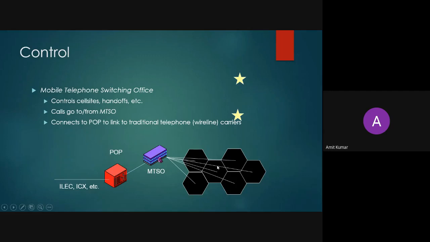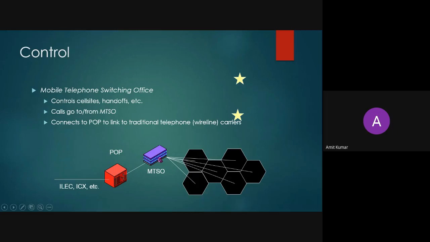So if you are making a call, the procedure will be different from sending a message. If you are making a call, it will directly connect with the next user. But if you are sending a message, it may be delivered at a later time, because right now the line will be busy. So we are having a memory over there. Your mobile station MTSO will store that message, and it has a minimum memory. If memory is full, then if another user wants to send a message, he can't send.